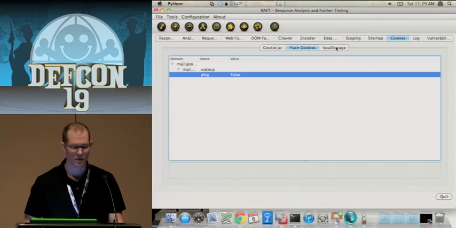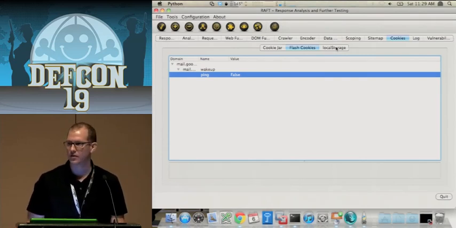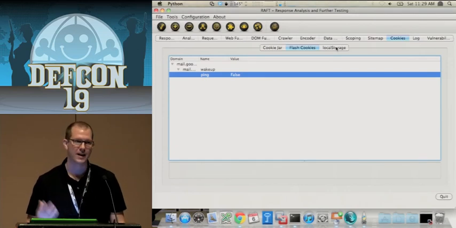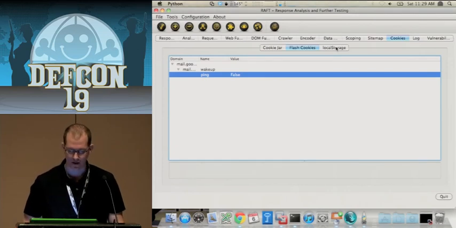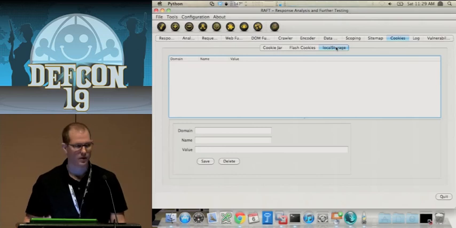Right now you can only view them, but we're going to give you the ability to edit them. That's really important if you're testing risk-based applications with risk-based logins that are storing data in those flash cookies. Getting a good way to go in there and edit those values. And HTML5 local storage. I'll go through a little bit of a demo of that later. And that's about it for now.